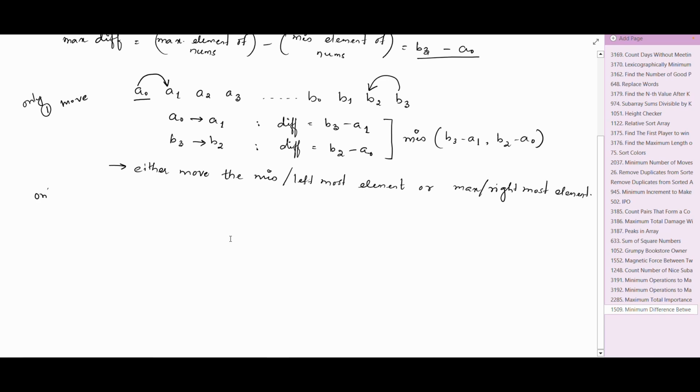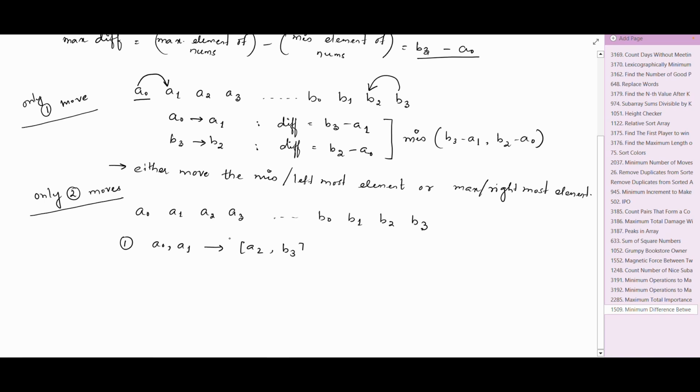Similarly, let's say only 2 moves are allowed. So you will see there are three possible combinations. So let's consider the first case where the smallest two elements are moved, that is A0 and A1 moved to the range A2 to B3. That is, any value in the range A2 to B3. So in this case, the difference will be